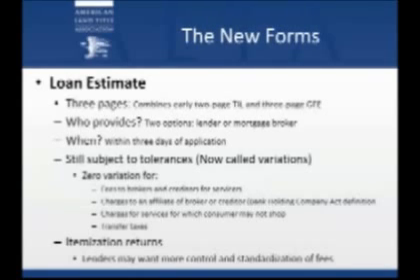Then in the 10% bucket, the fees for a service provider that are not affiliated with the lender, and the borrower selected the provider, but they were selected from the lender's provider list. Remember those official provider lists that were introduced in 2010. So if the borrower makes a selection from a provider listed on that lender's list, and the provider is not an affiliate of the lender, then fees for those services would be in the 10%